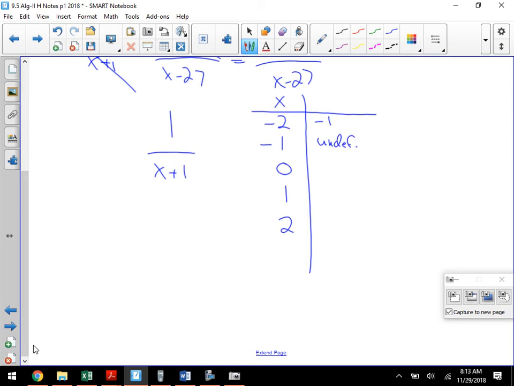Okay? What's 0 plus 1? 1. What's 1 divided by 1? 1. What's 1 plus 1? I'm sorry, I'm getting ahead of myself. So this is 1/2, and this is 1/3. You okay with that? Now, if we were to graph this using this old school method of just plotting points,